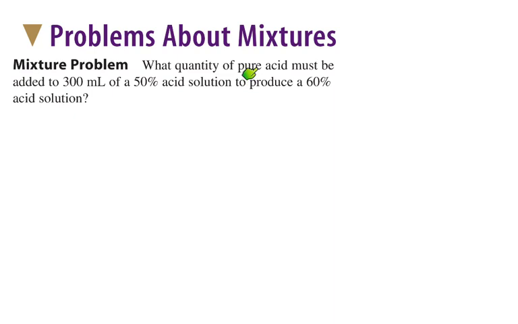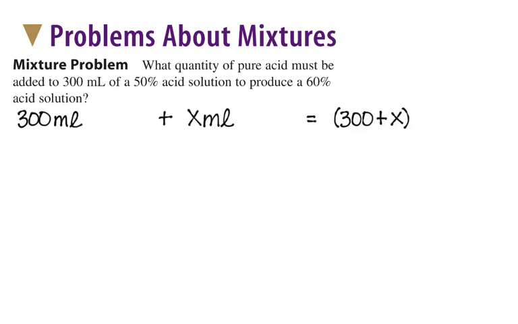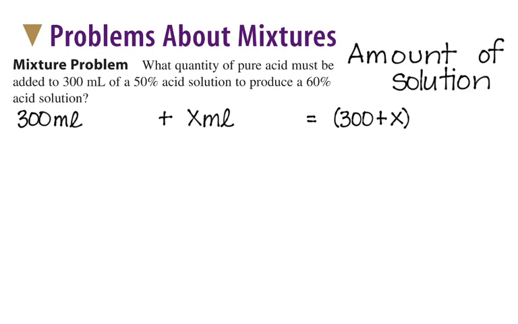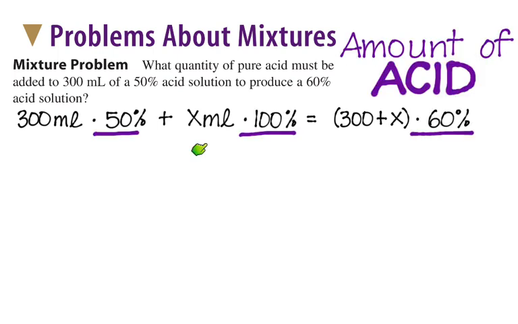We don't know how much pure acid, and we don't really know how much 60% we're going to have either. But we can set this up and say, 300 we know, x we don't know, so the final amount is 300 plus x. The 300 is 50%. The x is 100%, and we want this final amount to be 60%. Multiplying this all together, on percents we have to move the decimal, so 0.5, 1, 0.6, and then we have